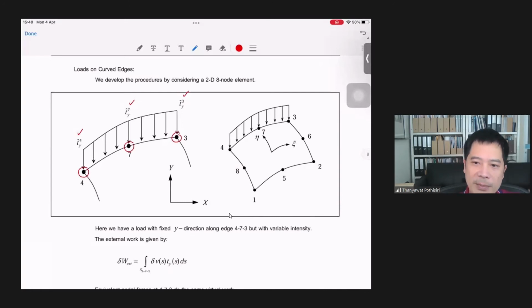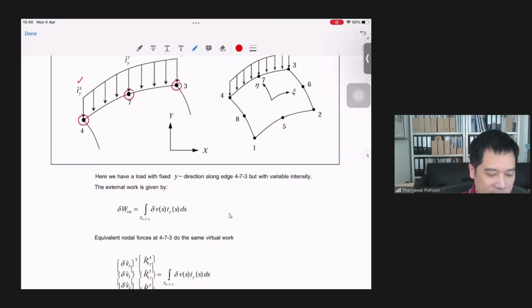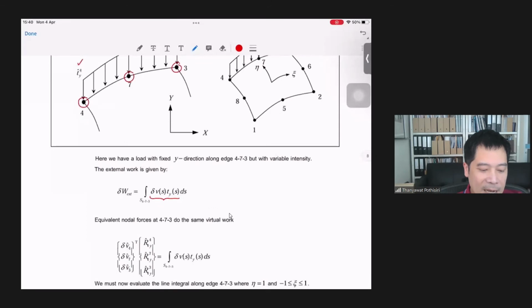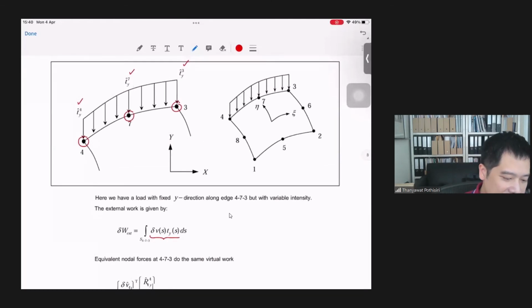Now, in this case, you see that the traction is acting only in one direction when you compute the virtual work. So the virtual work would result only from the virtual displacement in y direction, which is delta v. So you have no external virtual work resulting from delta u because there is no force acting in x direction, only in y direction. Now the complicated thing about this problem is how can we compute this integral along the curved edge,